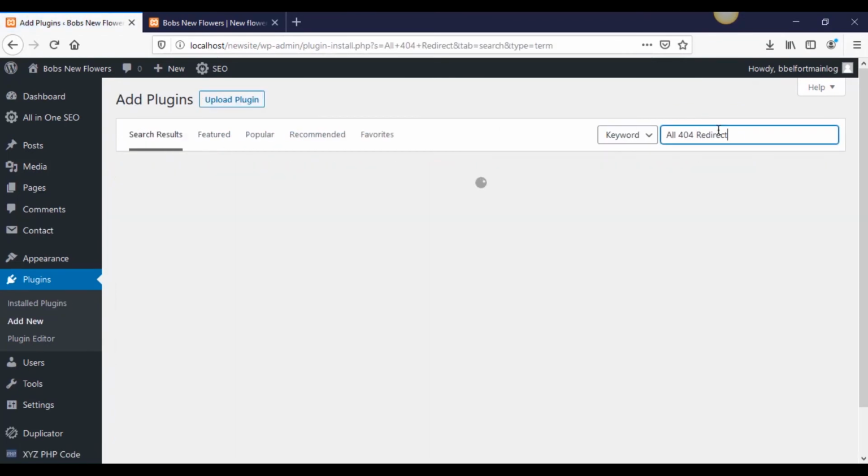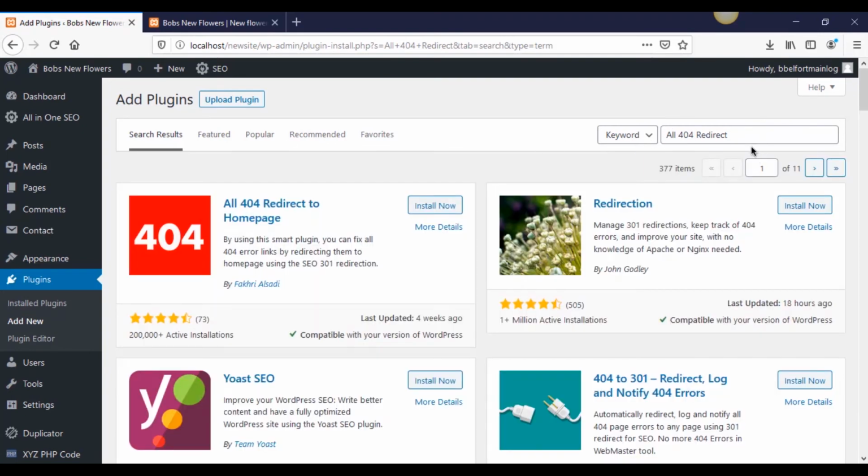It's good for SEO, and it's also good to keep people off your 404 pages, because believe it or not, in WordPress, when you get to a 404, one of the things it does by default is show your login. It shows the link to your administrative login and all that, which you really don't want. So let's go ahead and install this, and I'm pretty sure this starts working by default. I don't think you have to configure it. I could be wrong, but I'm pretty sure this just sends all 404s to your homepage,